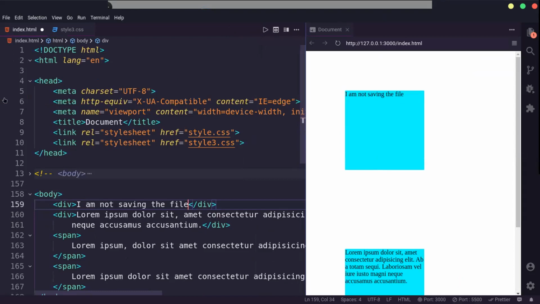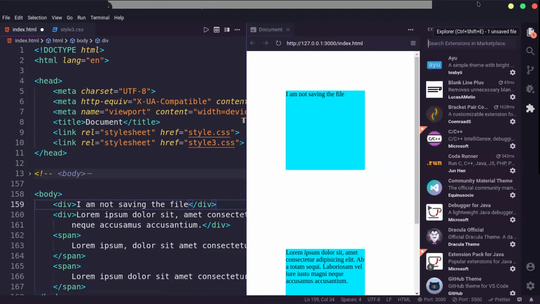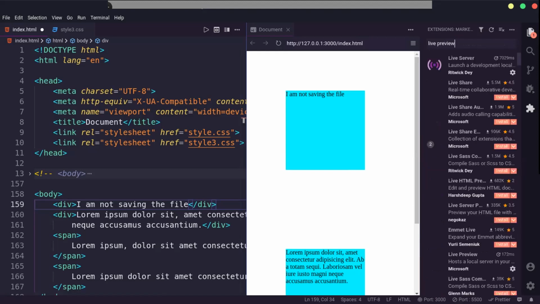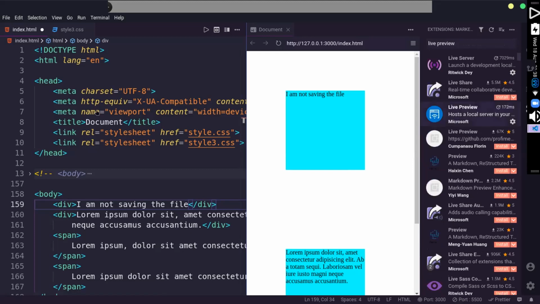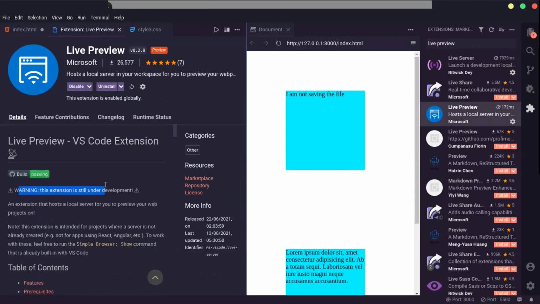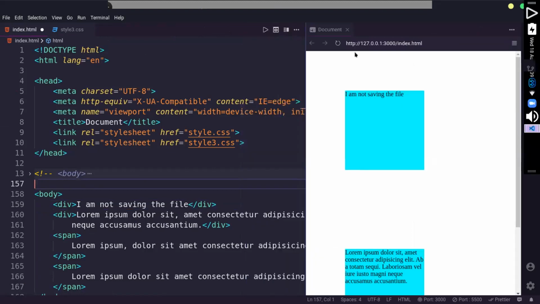So without saving the file, you can see the changes, and that's because of this extension. You can download it. It's under development, but I guess there will not be much of an issue. Its name is Live Preview, and it's by Microsoft. There is a warning that this extension is still under development, but I haven't faced any issue as of now. So you can try it out.